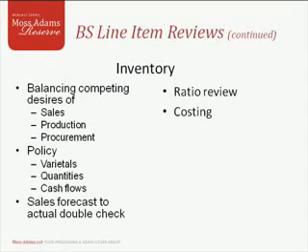To manage these competing demands, a policy addressing overall company objectives, which are communicated to each department, might include the following elements: number of varietals and quantities to be produced, consideration of carrying costs, material costs, and a difficult one to quantify, stockout costs. Now, the policy should marry up with cash flow considerations from the cash review on the previous slides.